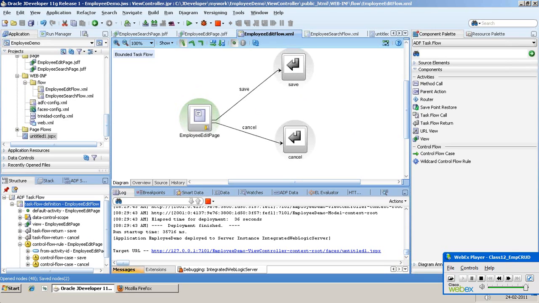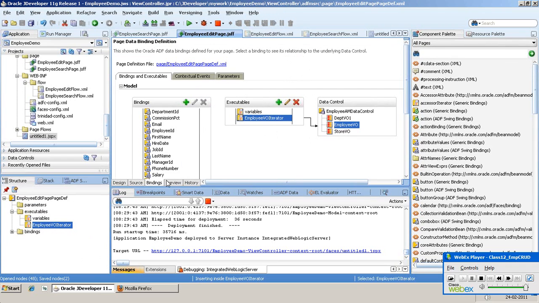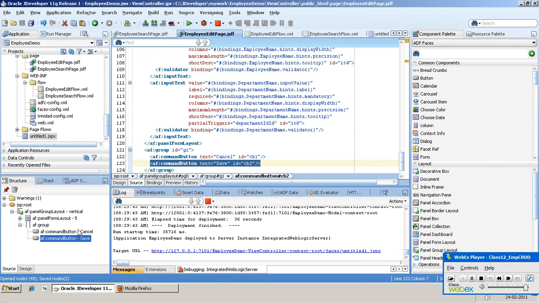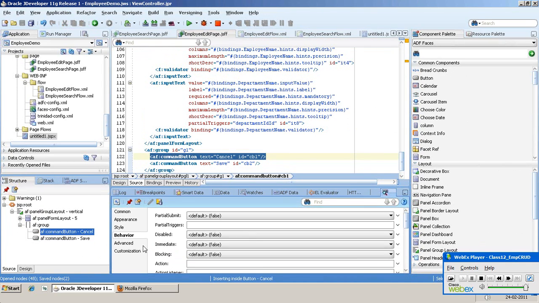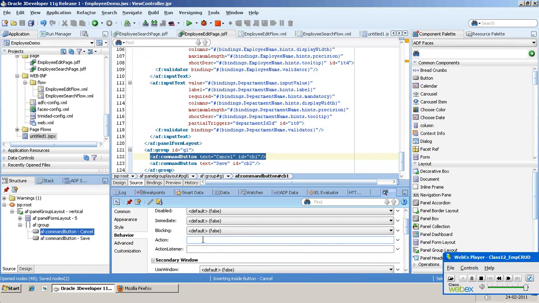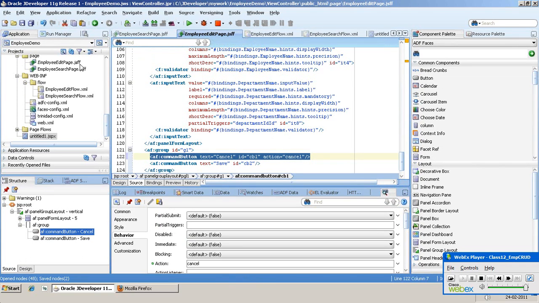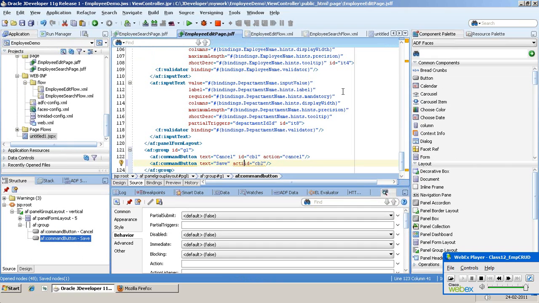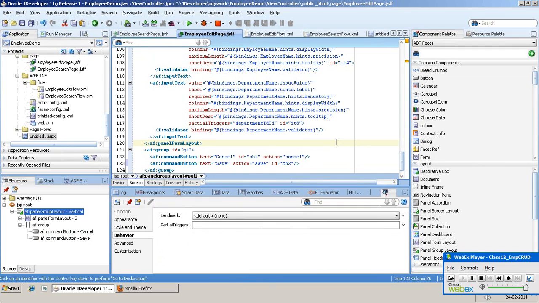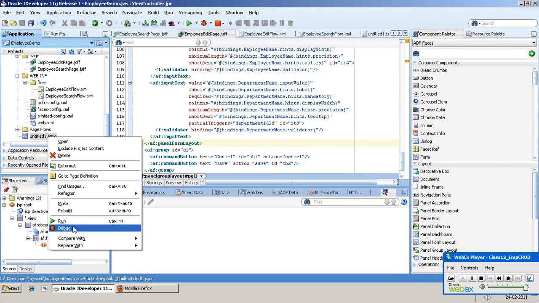Now I need to configure this on the buttons. So I'll go to my page source, my cancel button. Whenever cancel is clicked, I want to invoke the cancel action. Whenever save is clicked, I want the action to be save. Correct? So once I run my page,